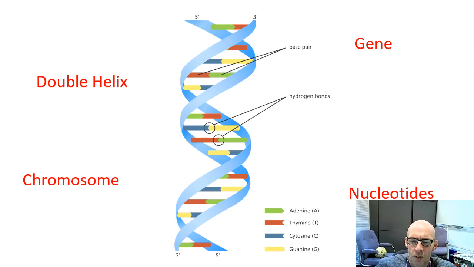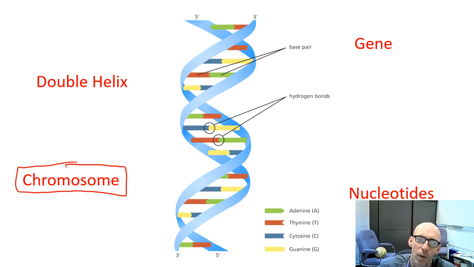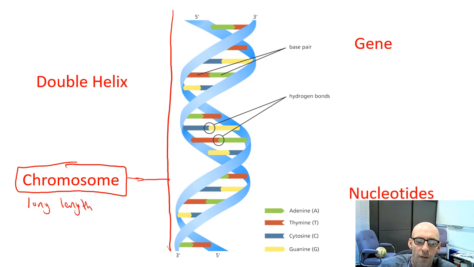So I've already used the words chromosomes and genes and stuff, but actually you need to understand the structure of DNA. So a chromosome, and that's why the words are in red, remember, these are key words that you have to use in your answers. You need to be able to understand what they are. A chromosome is a great big long length of DNA, and when I say long, I mean extremely long, loads and loads of genes in it. So a chromosome is a long length of DNA made up of lots of genes.